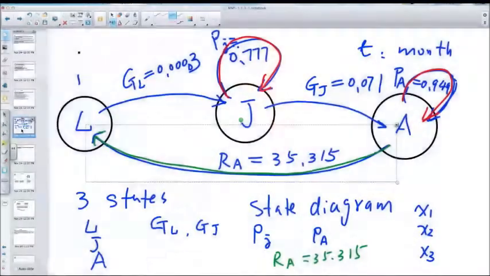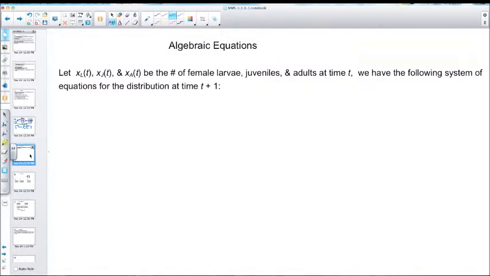Well, let's do the translation. So the next stage, we are going to translate this into the mathematics equations. Let me get another page. Well, look,